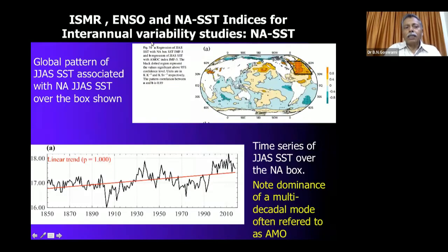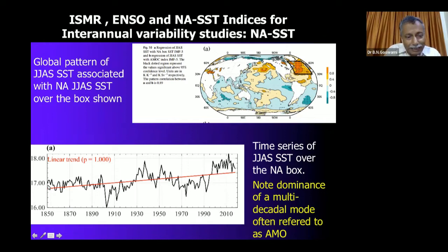Similarly, for the North Atlantic SST, we can use an index of North Atlantic SST averaged in this box. There are several other indices people have used, but we have normally used an index which is equivalent to most of the other indices, because that is where most of the large anomalies are located. So if I take the SST averaged over these regions during the June to September months and plot it over this period, you see this index has a large